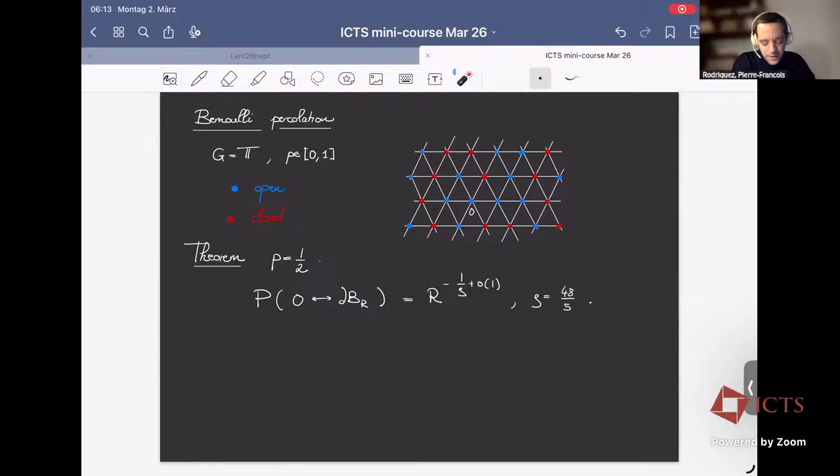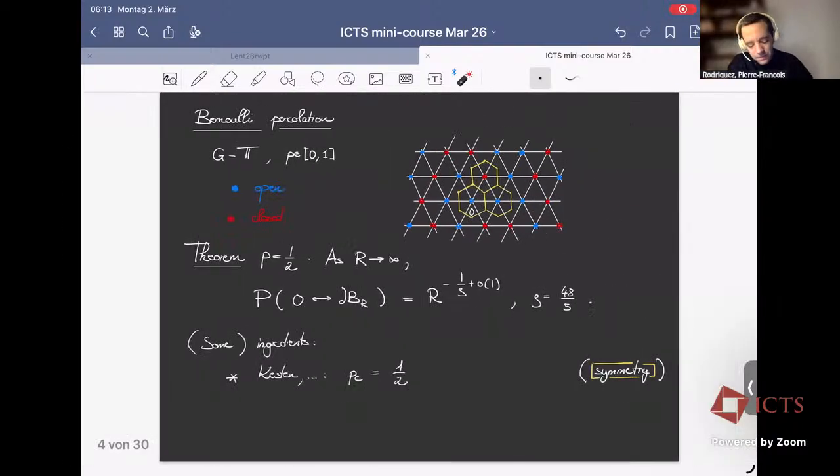Of course this is the tip of an iceberg, and there are many people who contributed along the way. I'm just going to highlight a few ingredients that go into this theorem, just in order to contrast them with what's going to be going on later. So there are at least three important pieces that fit together to give you this result. The first one is that, first of all,